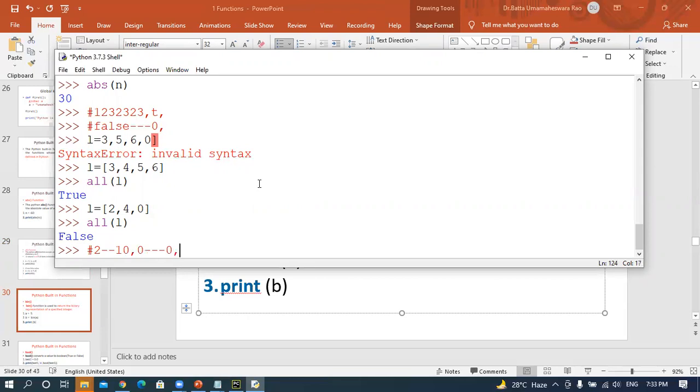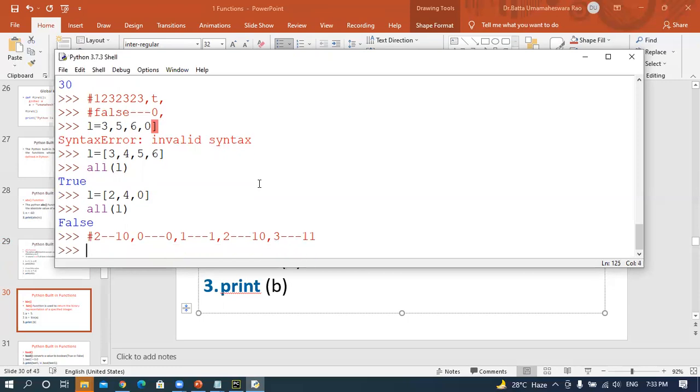For 1, it is 1. For 2, it is 1 0. And for 3, the binary representation is 1 1. Like that, you have binary representations.